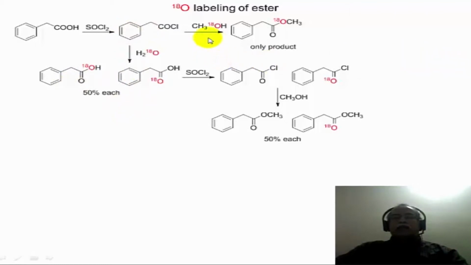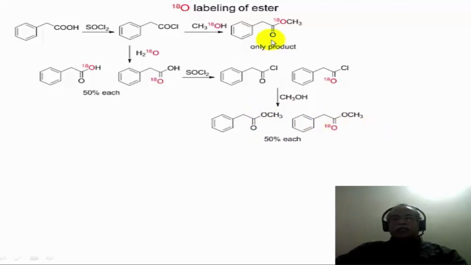On the other hand, if methanol O18 is used for quenching the acid chloride, then one gets specifically the OCH3, where the oxygen is 18 labeled oxygen. That would be the only product that is formed here. Now the mixture of these two acids can be converted into the acid chloride, which will give these two mixture of acid chloride with O18 label and without O18 label. Subsequently, when it reacts with methyl alcohol, for example, it will form two esters, one ester devoid of any oxygen 18 isotope, another ester where the carbonyl oxygen is labeled with an oxygen 18 isotope.